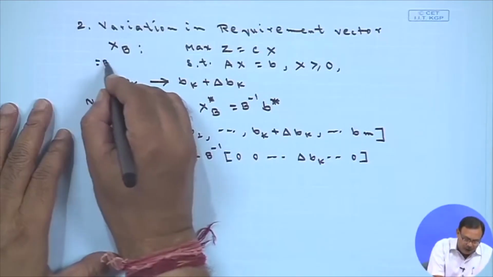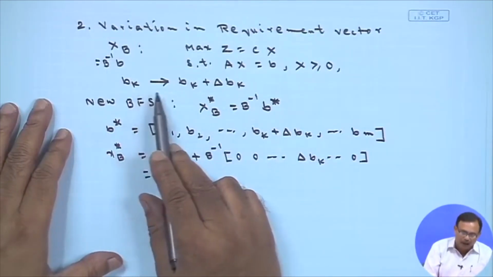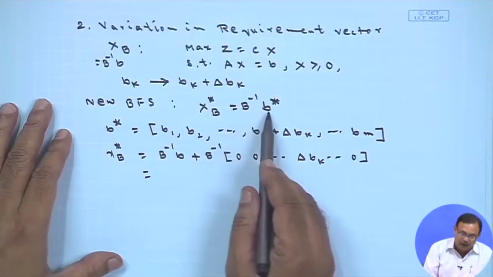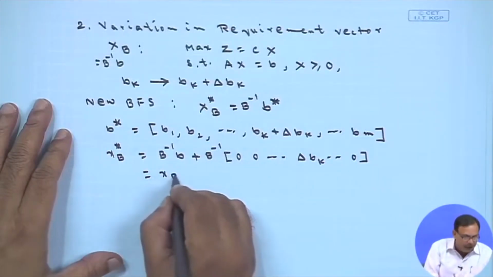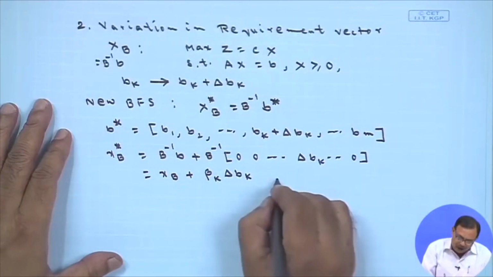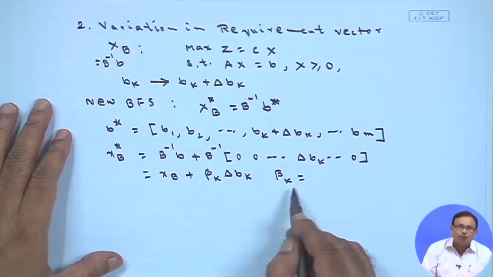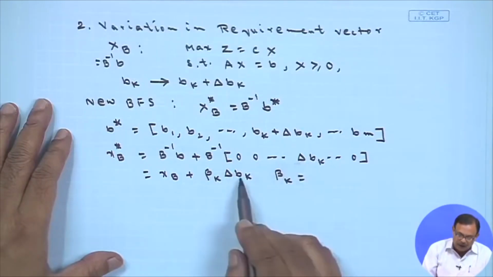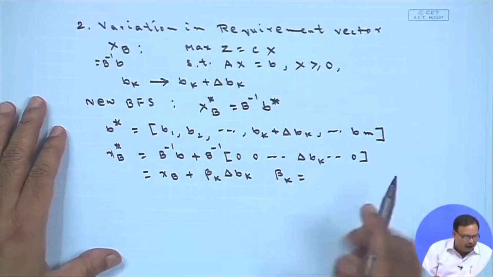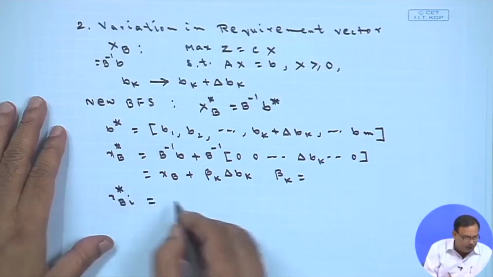because your x_B is equal to B inverse b originally. Whenever I change the kth component of b, from b_k to b_k plus delta b_k, the new basic feasible solution becomes B inverse into b star. So, I can write this down as x_B plus beta_k into delta b_k, where beta_k is the kth column vector of B inverse. So, please note this, beta_k is the kth column vector of B inverse, and we can write it in the other way also. Therefore, I can write down x_Bi star,